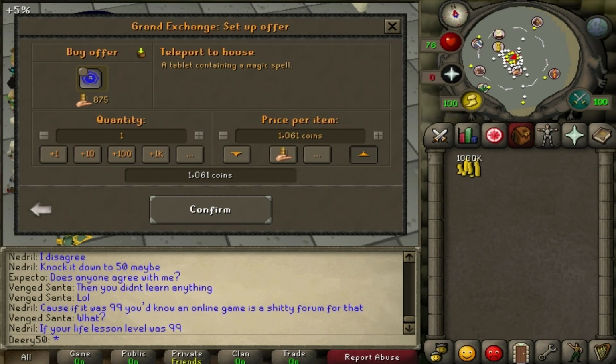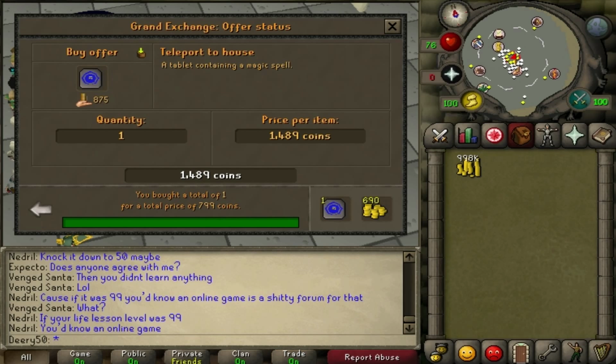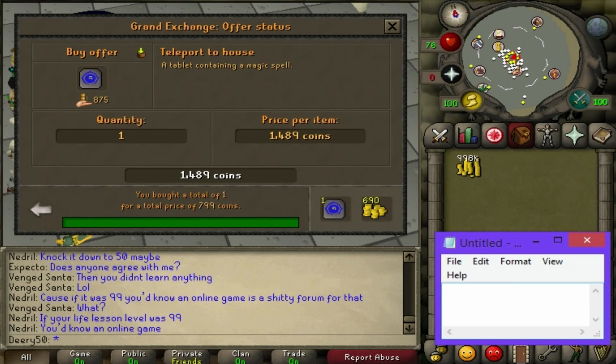So, teleport to house tablet. Let's go ahead and increase the price a ton and see what we get it for. Give me the notepad up again. So that was 799. So that's how much we're going to sell it for. We're going to sell it for a little under... let's see. So 700 and...